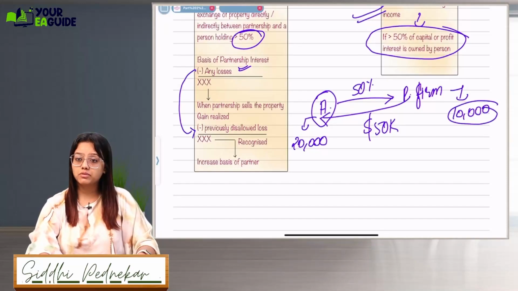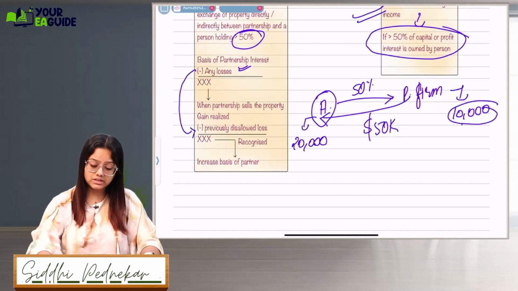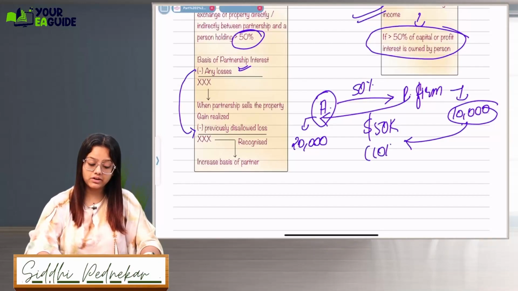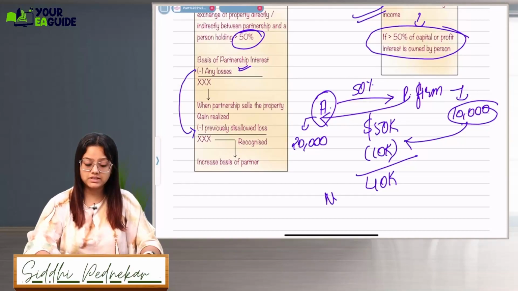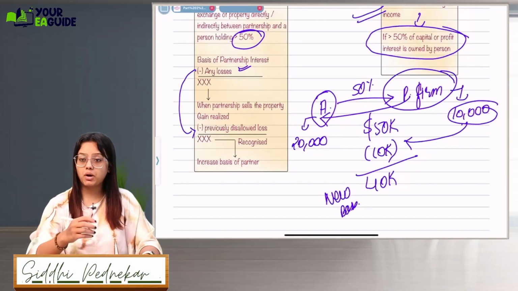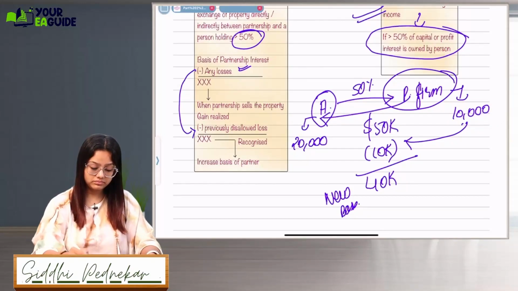This 10,000 loss which he has borne will get reduced from his partnership interest. So the remaining 40,000 will be his new basis. Okay. Now let's say when this firm sells the property further in the market, and they sold it for